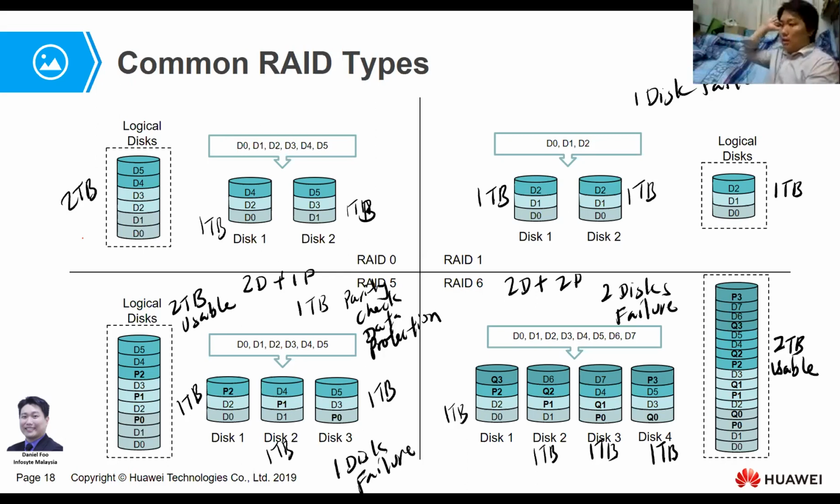Okay. So in order to protect against more disk failures, you will need to sacrifice a lot more capacity for the error checking part. You will see that I introduced 4 disks of 1 terabyte each, but in actual fact, I can only get 2 terabytes of usable capacity. So using RAID, you can protect your data and increase performance, but at the cost of usable capacity. Okay, so that is why when you purchase a storage,